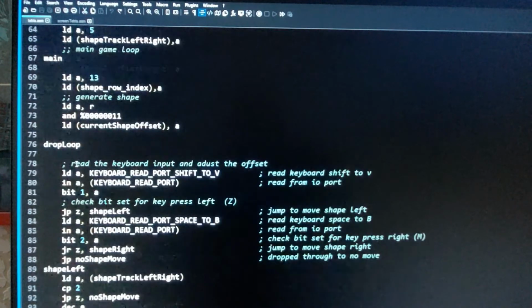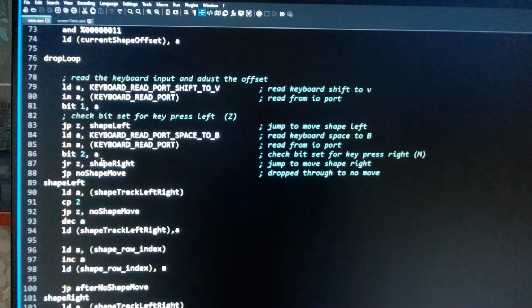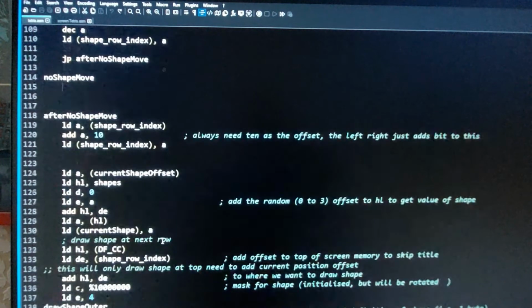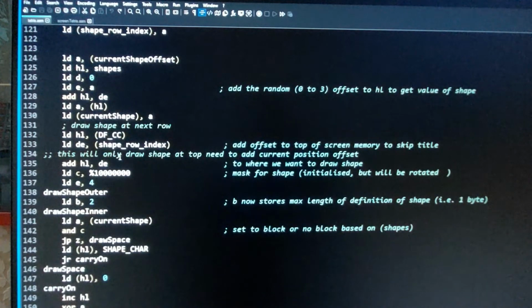And I've got a little bit of keyboard input, so you press the Z key, press the M key to go left and then right. This, as you'll see in the demo, do a quick demo of it running, and it wreaks havoc at the moment. There's currently quite a few bugs in this,